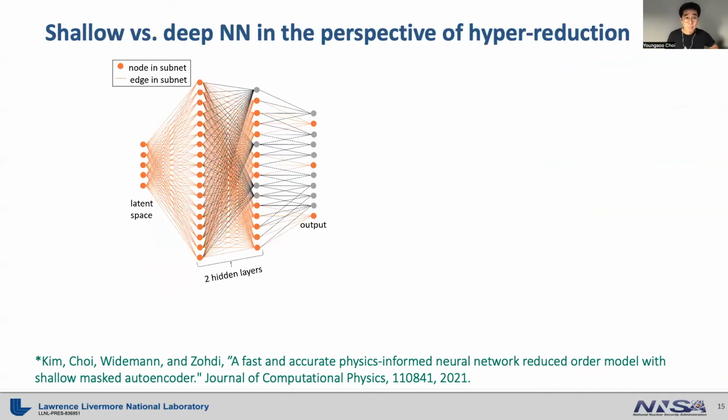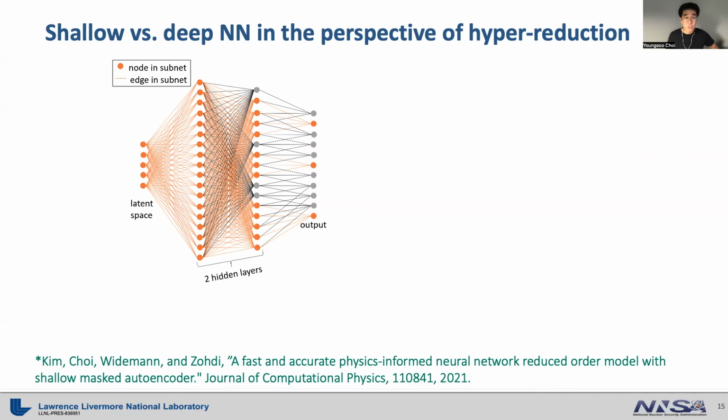So when you apply the hyperreduction on the neural network, the structure of the neural network is really important. Just to demonstrate that, let's imagine that these three outputs are the points you would like to evaluate throughout the hyperreduction. And look at the hidden nodes which are connected to those three outputs. As you go from layer to layer, the number of hidden nodes connected to those outputs is increasing exponentially. This is causing the bottleneck when you actually compute the Jacobian of the neural network, which is required for the